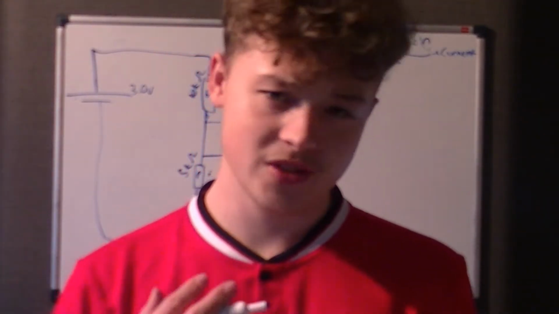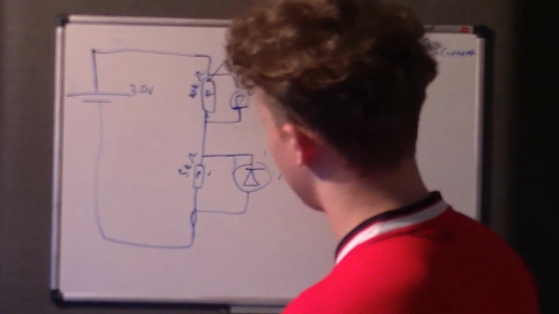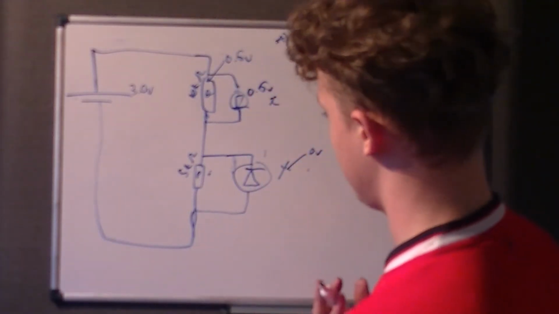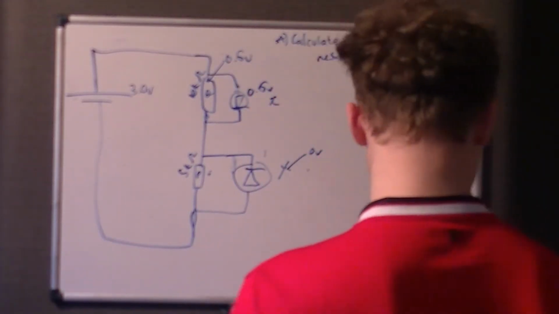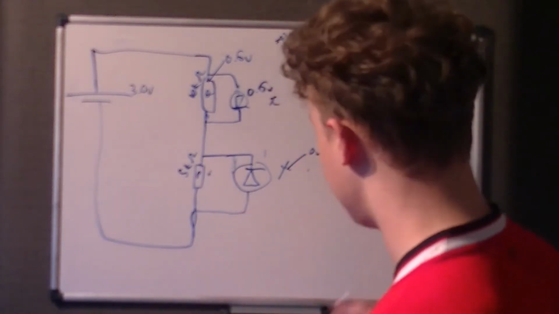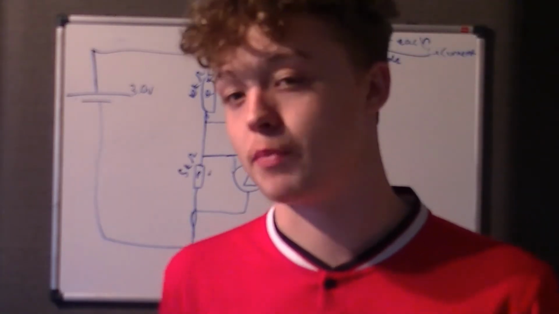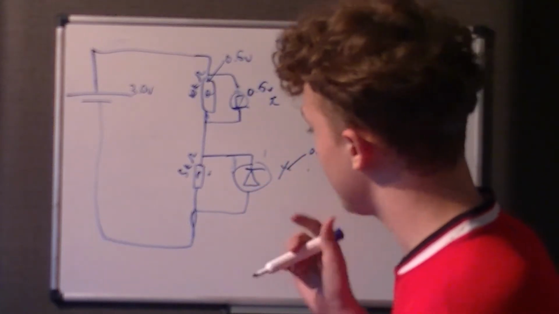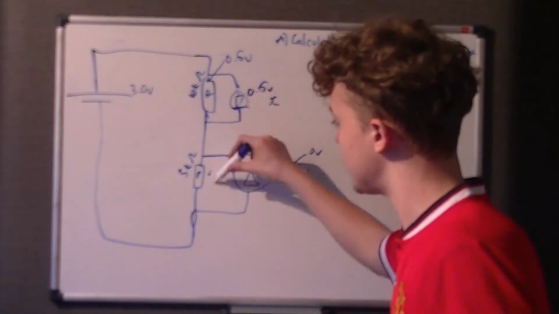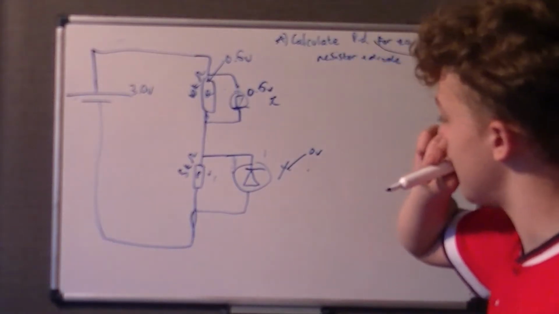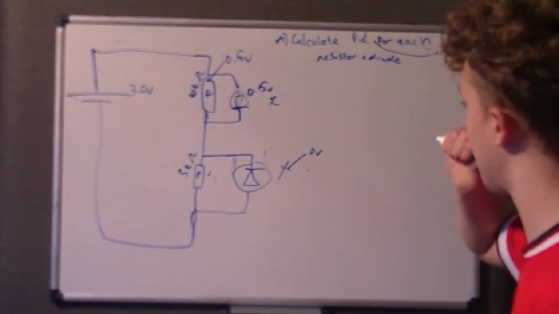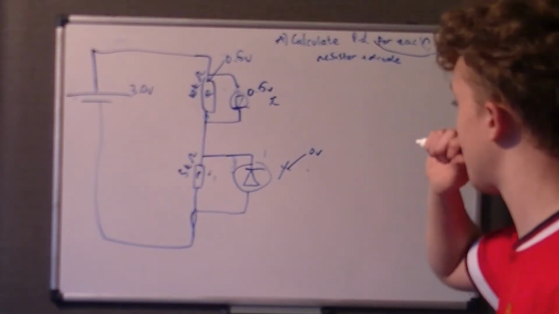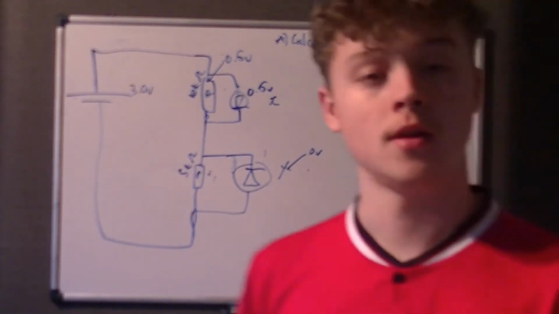Obviously, we're going to need current for that. So, how do we get current from this? I've written absolutely every bit of information you've been given in the question in the book. Now, we can't simply add up these two resistances and get us our